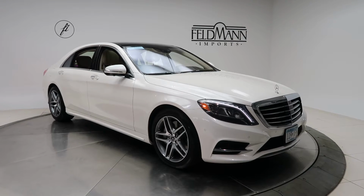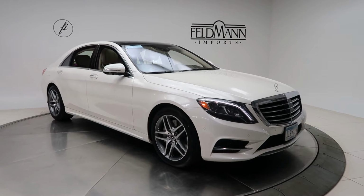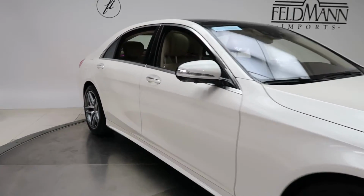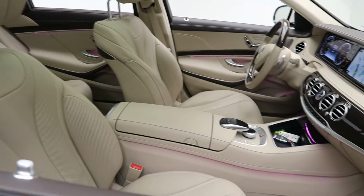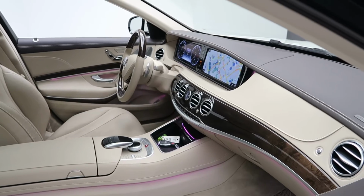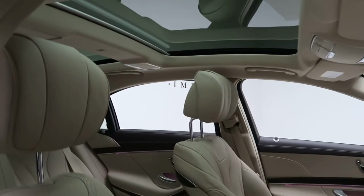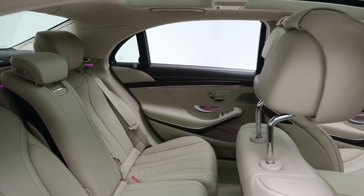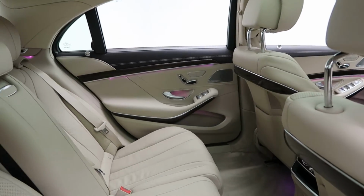Included is the sports package with 19-inch 5-spoke AMG wheels, sports body styling, silk beige espresso brown leather interior with a Designo brown sunburst myrtle wood trim, ambient lighting, panorama sunroof, warmth and comfort package with heated and cooled seats in the front and the rear,